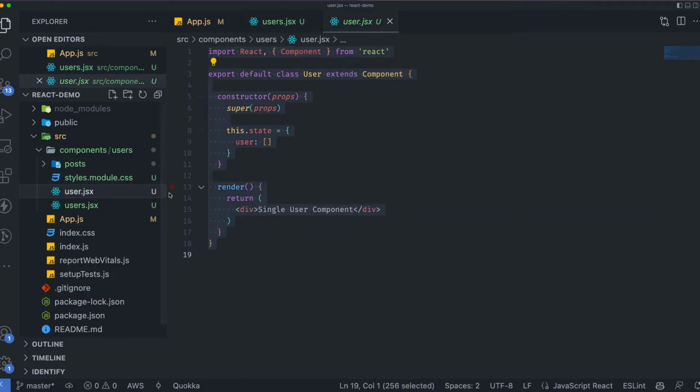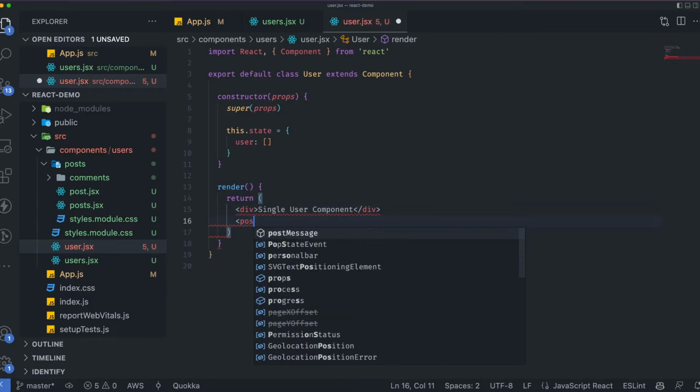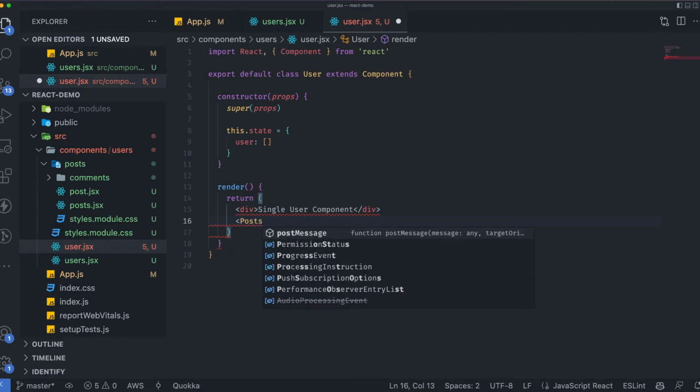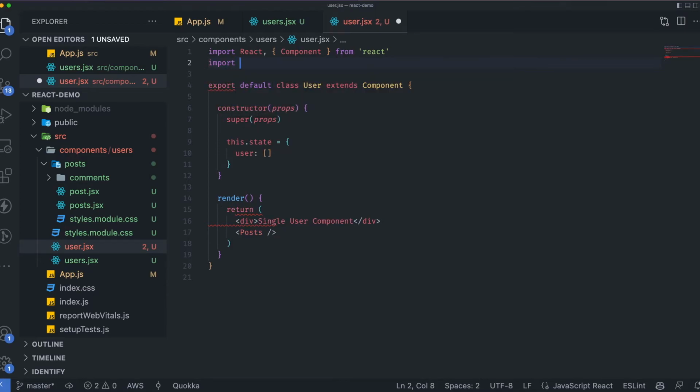And now since we have the user over here as well, then we'll go to the post. So since every user has its own list of posts, what we'll do is import the posts over here. So I'll just type Post. Remember, you have to type it with capital letters, and then you can just close it like this. But first you have to import it. So in order to do that, I'll just import Posts from this folder that's called posts,